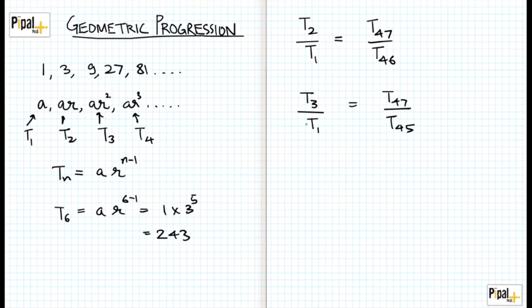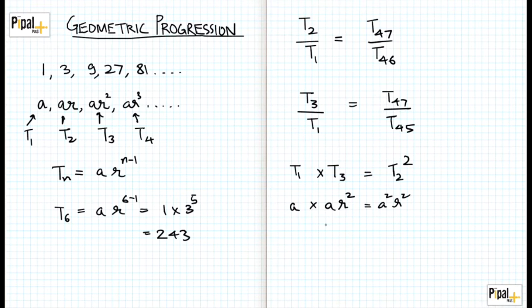Now this leads us to the question, what happens if we take three consecutive terms? What is the relationship between three consecutive terms? Now you notice that T1 is a, right, and T3 is a into r square, right? Now when I multiply both of these, we get a square r square, which is nothing but the square of T2, right? Now what does this logic extend to?